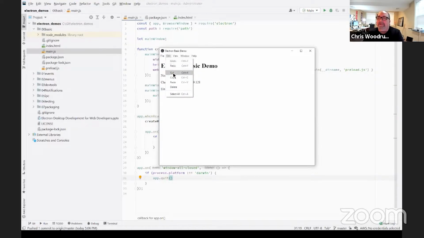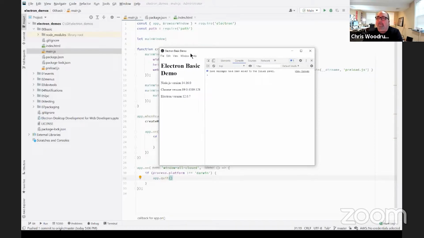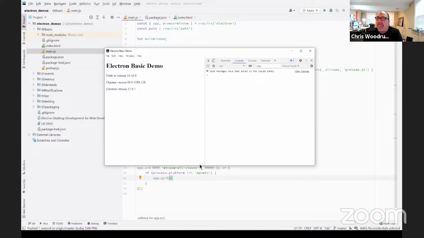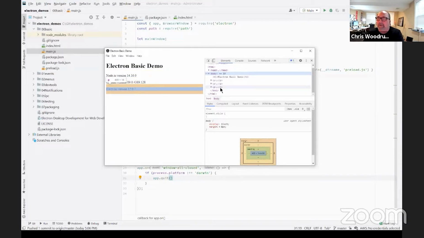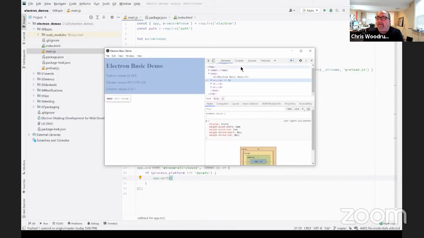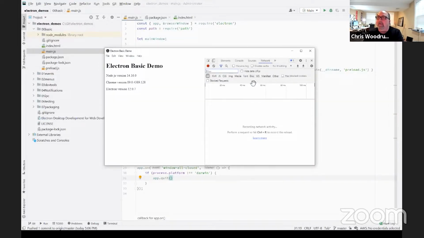I have initially the functions that we usually get with edit, view. We can see that we can open up and take a look at the Chrome developer tools. So in here, I get everything just like I do in a regular normal Chrome browser. I can take a look at the network traffic.